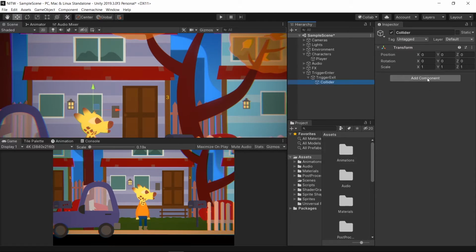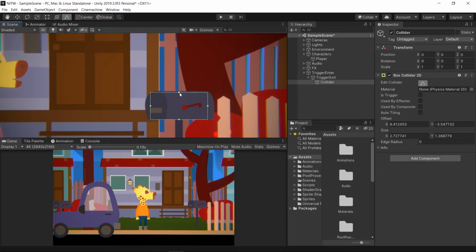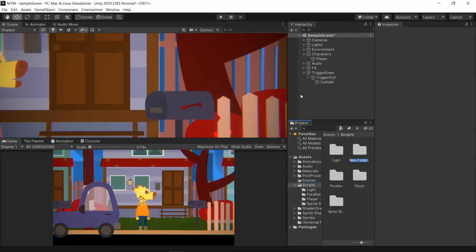In the collider game object, add a box collider 2D component. This will be the actual collider that allows us to stay on top of the chosen object in the scene. Edit the collider shape so that it creates a surface where to stand on the object and set the layer to ground hard. In the assets folder, go into scripts and create a new one, named triggers, and inside it